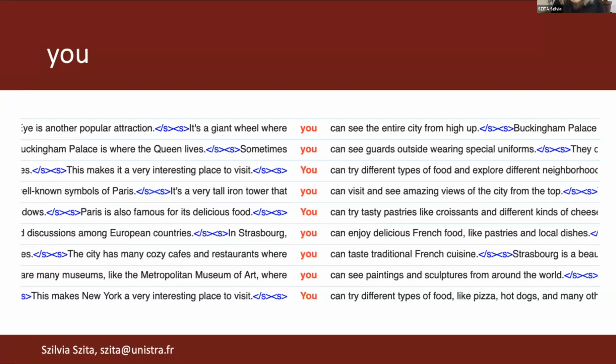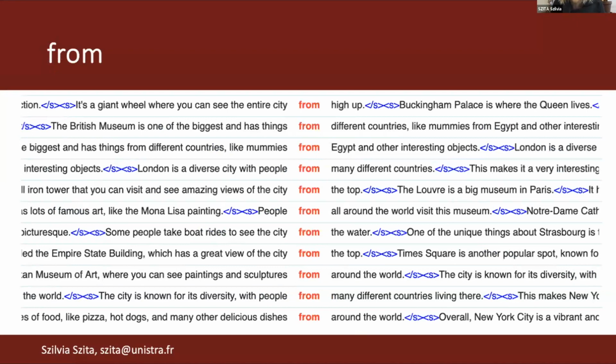So there is also, again, repetition and variation here. And actually something that is very clear in those texts is that "you" is followed by "can", offering a possibility, and then something that's visual or related to taste. Then you have the very simple prepositions such as "from", and here I just want to point out two usages